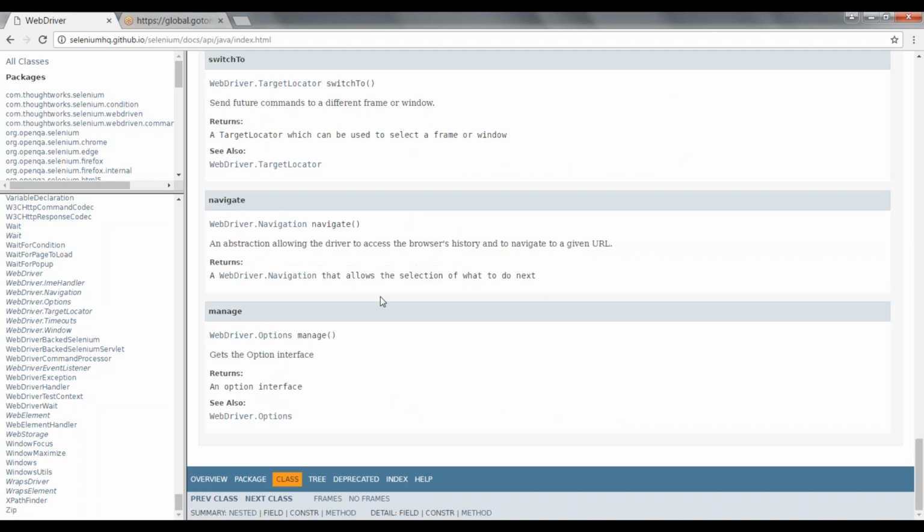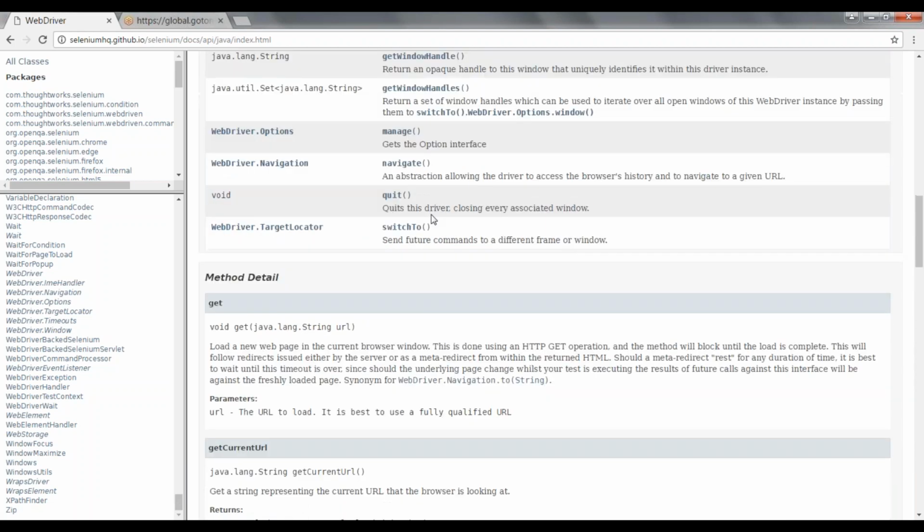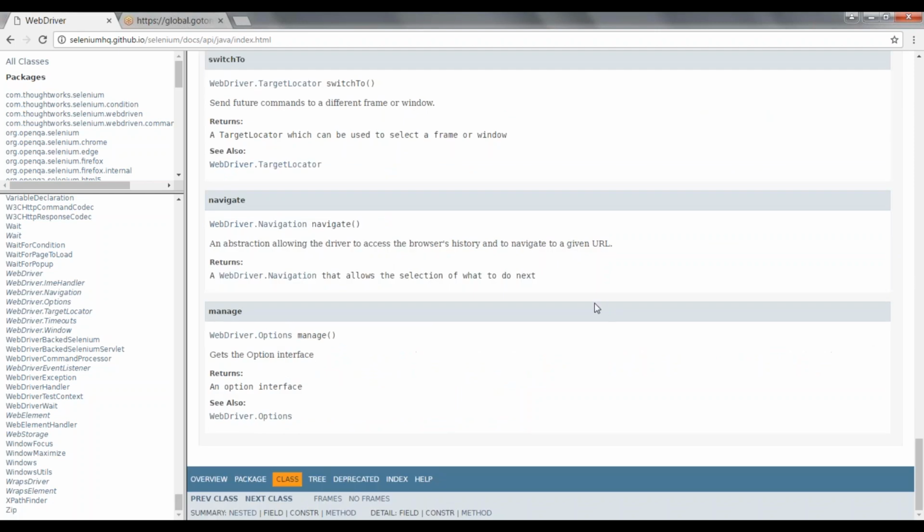If you go to this particular method, driver dot navigate is a method. You can see this method returns the instance of WebDriver.Navigation. Correct? It returns the instance of WebDriver.Navigation, and that's why it has the return type as WebDriver.Navigation.